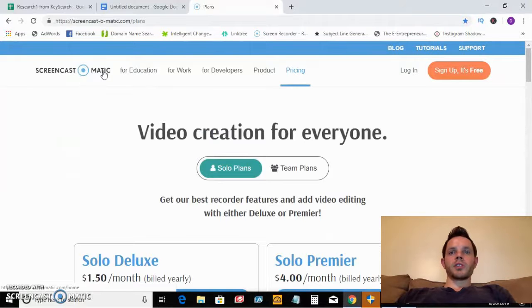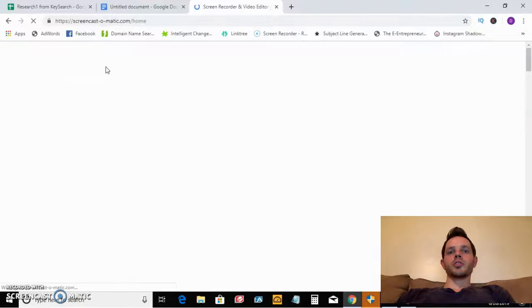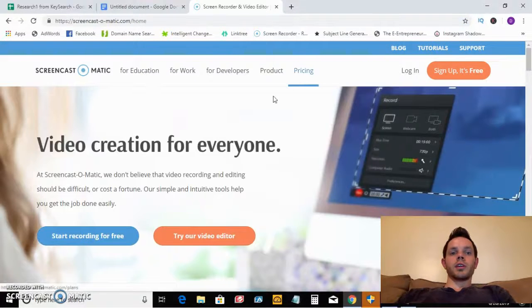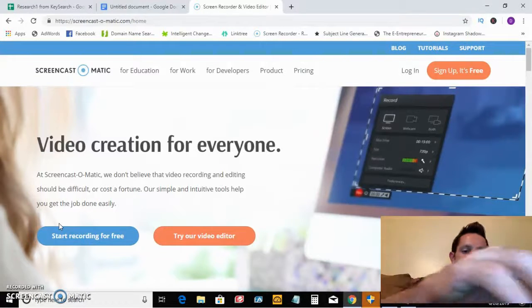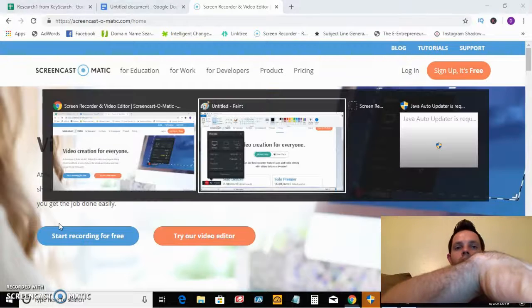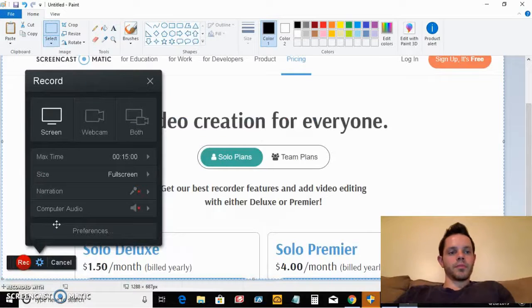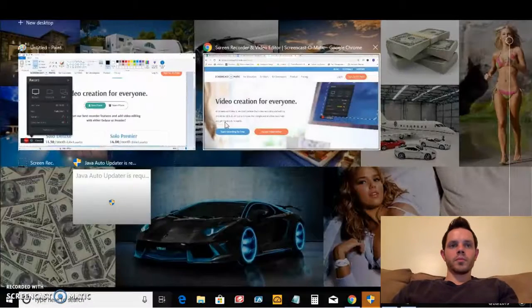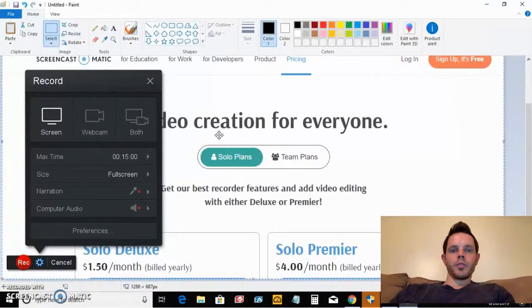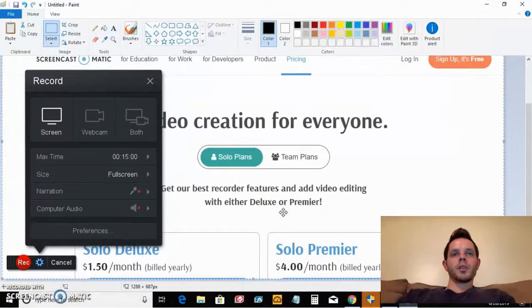Basically, you go to screencast-o-matic.com, and when you come to the homepage, you can literally just hit start recording for free right here. And it's going to launch a screen recorder, which I can't show you what it looks like. Well, I took a screenshot. Okay, I'm going to show you this picture that I took of it, what it looks like before you hit record,